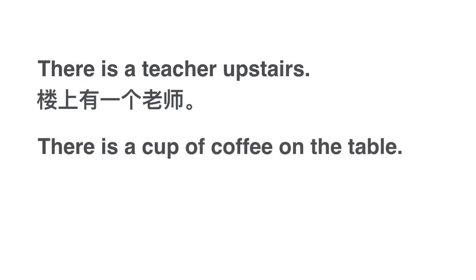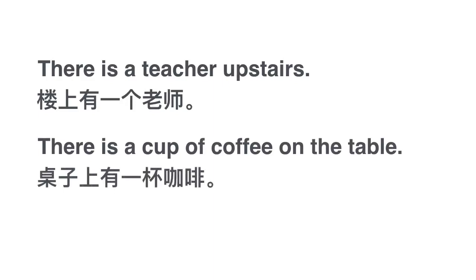How do you say this in Chinese? There's a teacher upstairs. 楼上有一个老师。Now, how do you say this? There's a cup of coffee on the table. 桌子上有一杯咖啡。